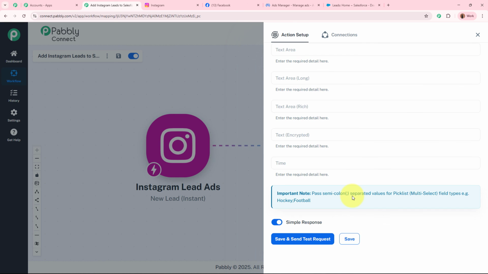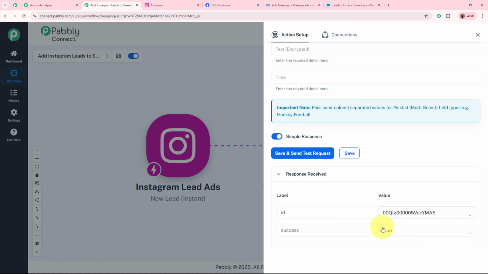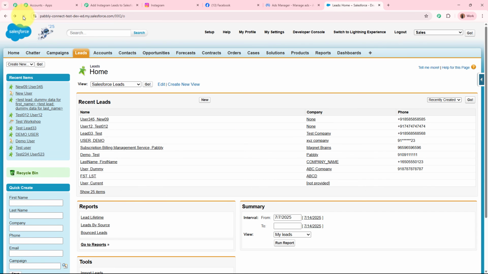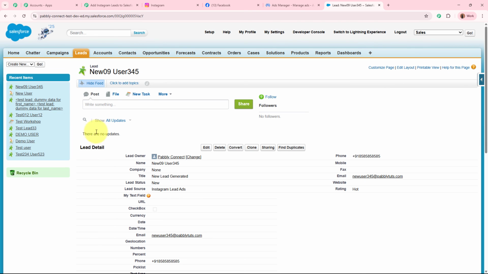Then it is asking for all these details which I'm going to skip, and simply click on this Save and Send Test Request button right over here. As I've done that, I have received a response. This is a positive response as I've received the ID. So if I open my Salesforce account leads page and refresh this page, you can see a new lead has been successfully created in my Salesforce account in the name of new09 user